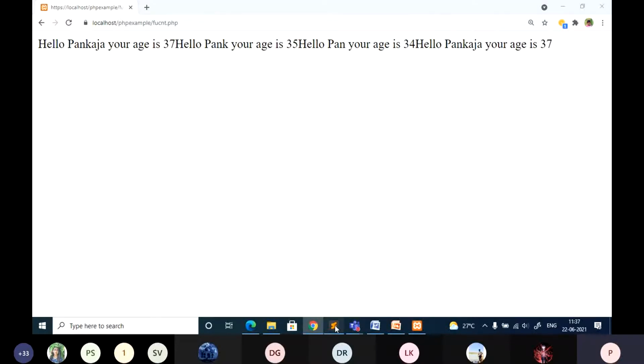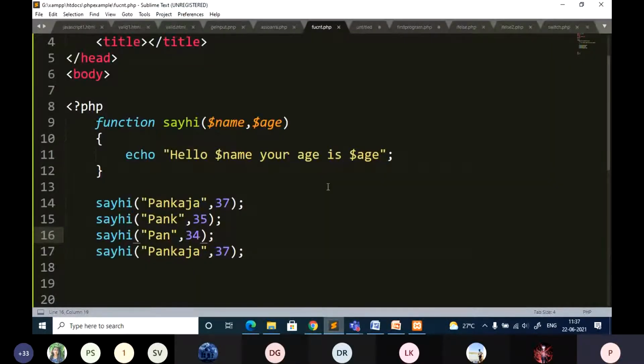Sometimes it requires returning some value, no? After calculating any logic, it has to return some value. So let me change this code. For example, if I want to know the cube of a number, not cube root, cube of a number.